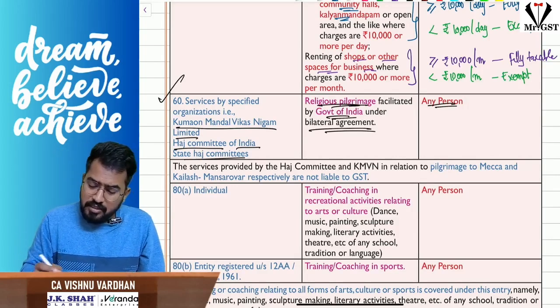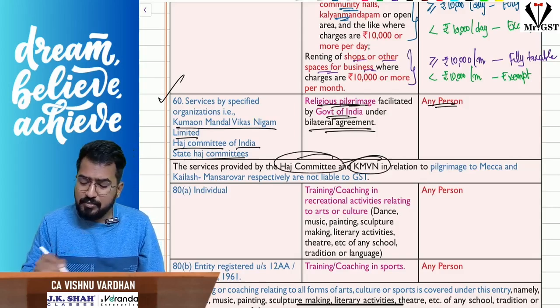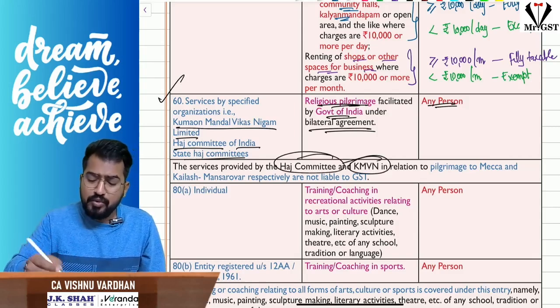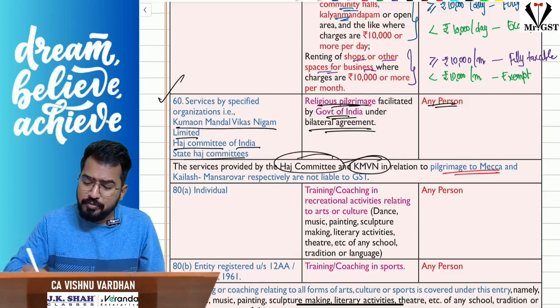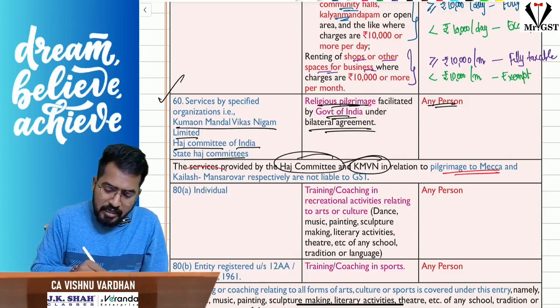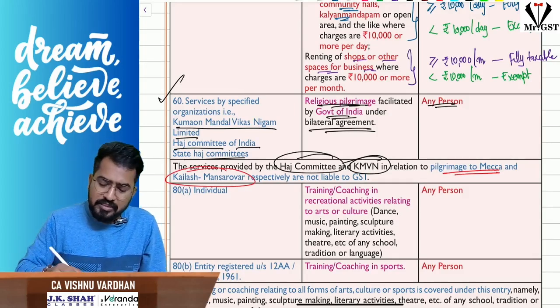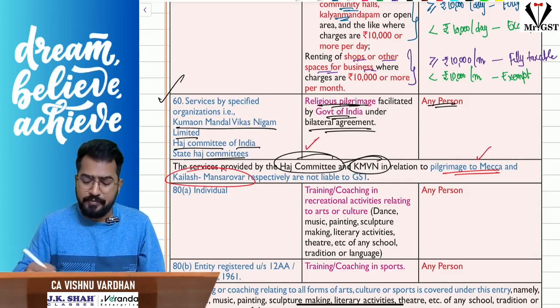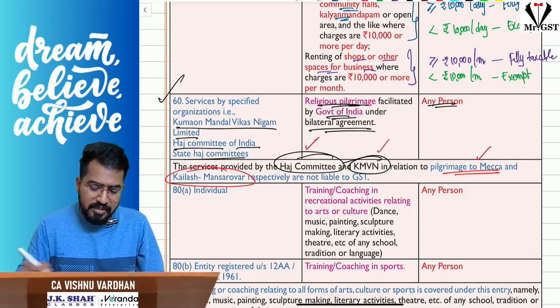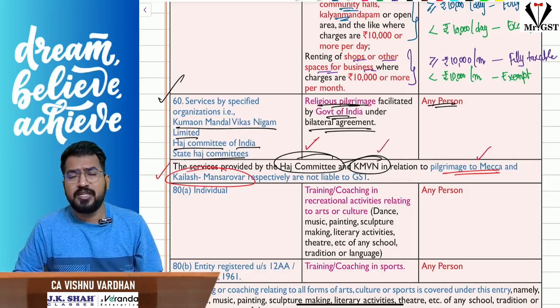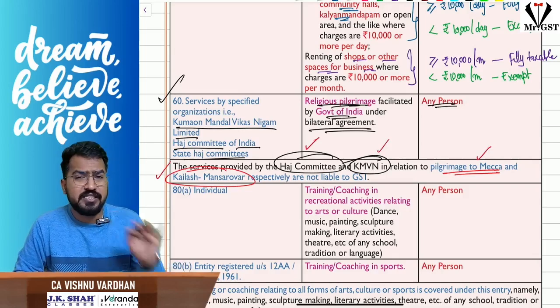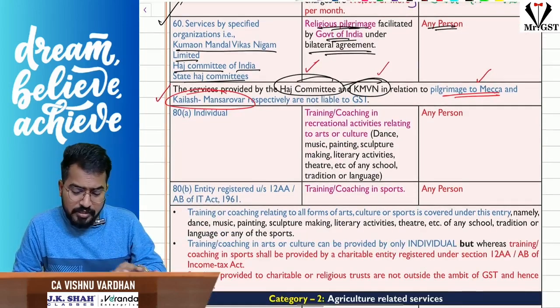Sir, the Hajj Committee or Kumaon Mandal Vikas Nigam Limited do this pilgrimage to Makkah and Kailash Mansarovar. So Hajj committees will take care of the pilgrimage to Makkah, and Kumaon Mandal Vikas Nigam Limited will take care of the pilgrimage to Kailash Mansarovar. For that, whatever consideration they are charging is exempt under GST. Next,